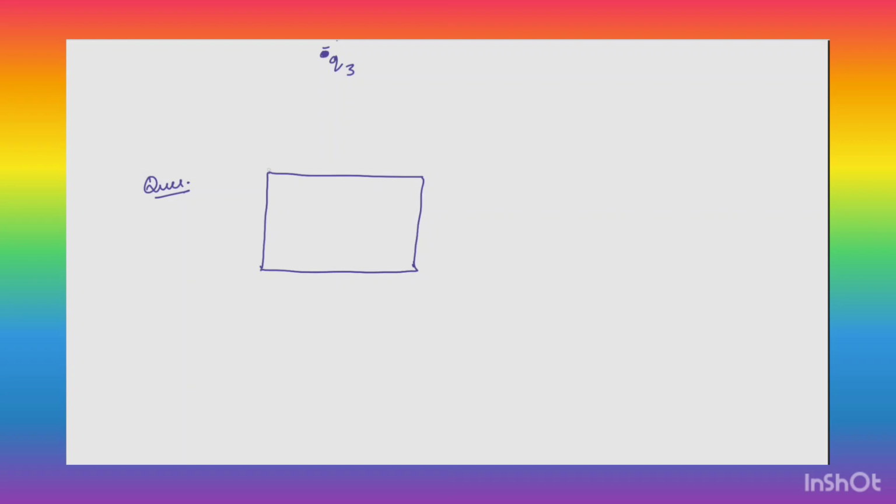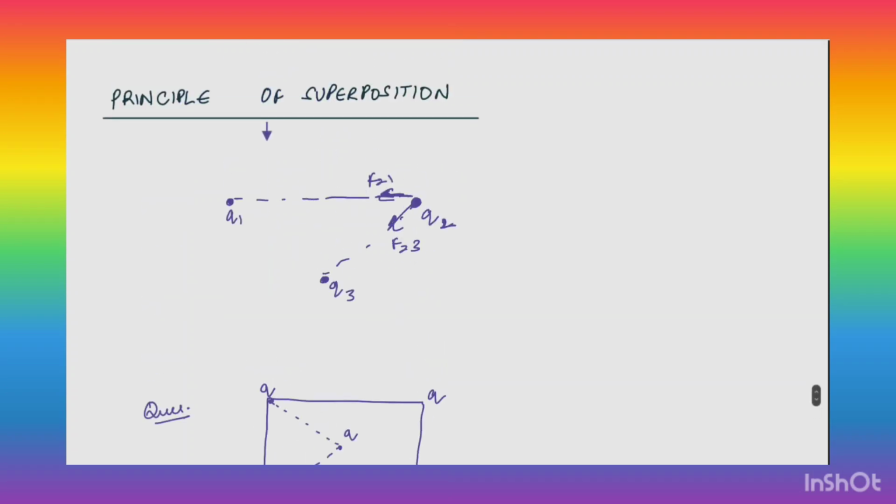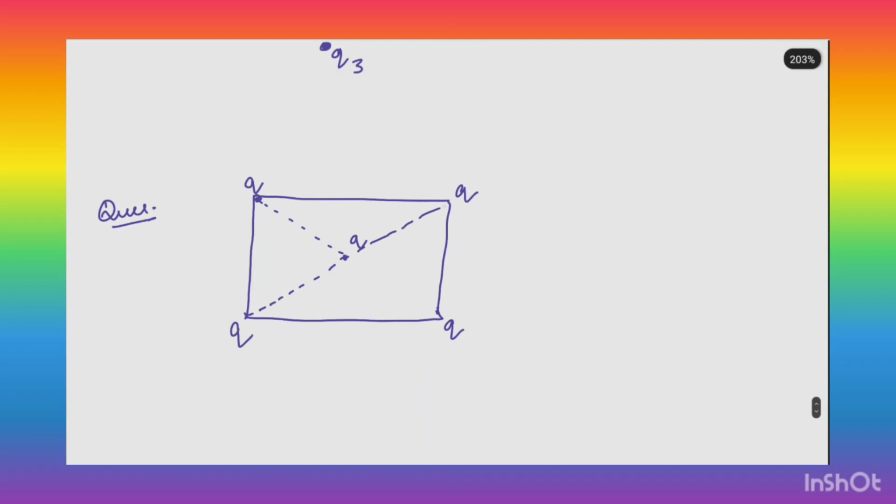A square is given to you, same charge plus q is present at the corners of the square. Now you need to find the net force on the center of the square if a charge q is present. Firstly, these charges are same in nature, means a repulsive force will be acting between them, right? Also force is acting between the two charged particles at the line joining these two, means if I have joined this charged particle with this line, this is the shortest line, the force acting between them will be along this line only,